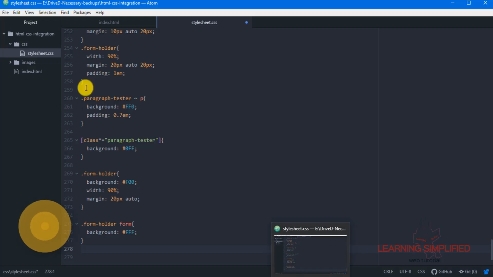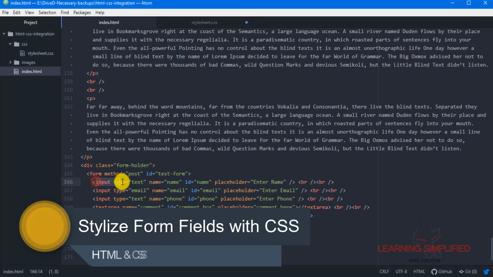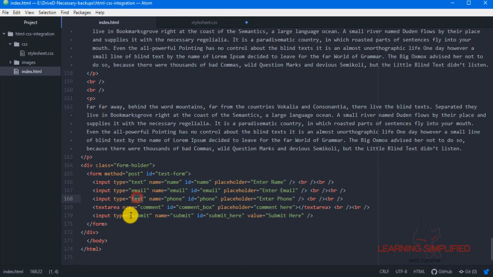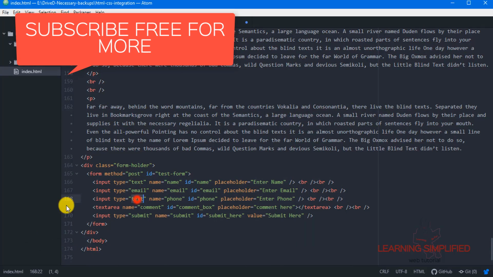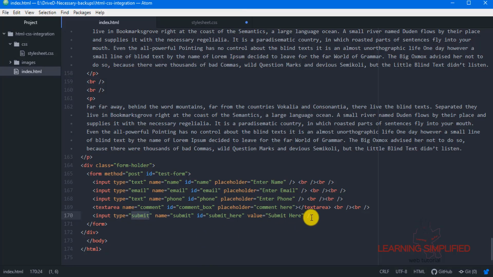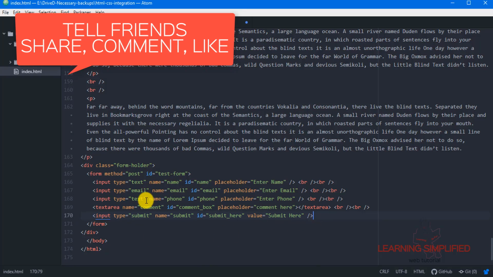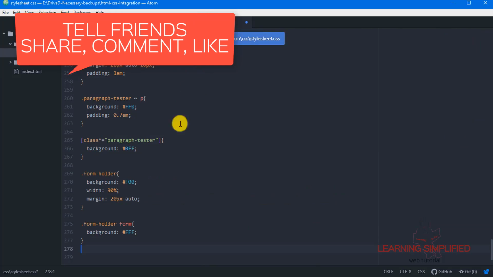The very first thing we can see here is an input type which says it is a text field. So there are two text fields over here, this is the first one and this is the second one, and in the middle there's another one which is practically an email field. Then comes this text area, and then another input type which is practically the submit type right over here. So we need to individually customize each of them.